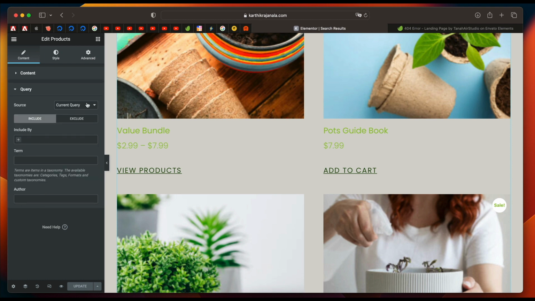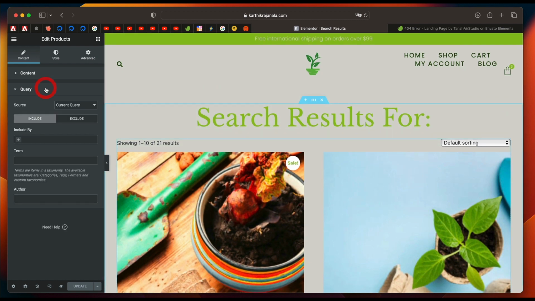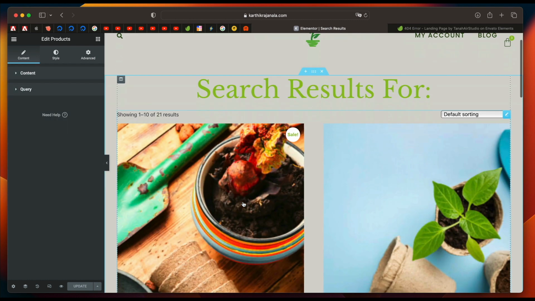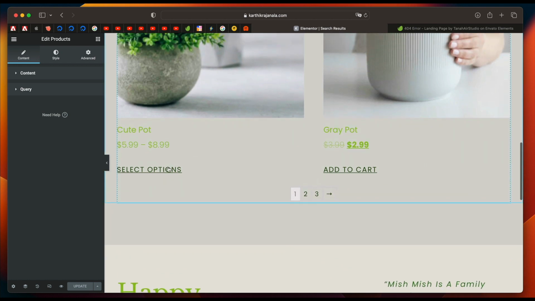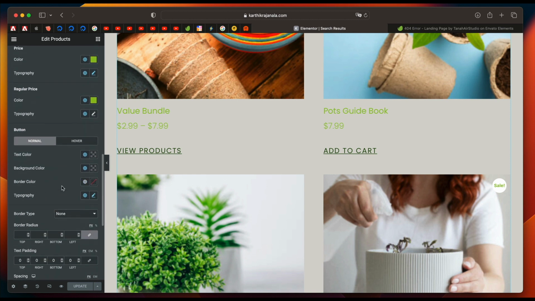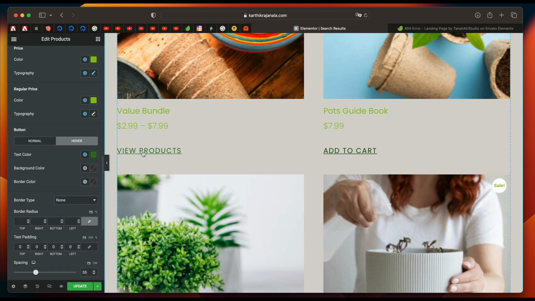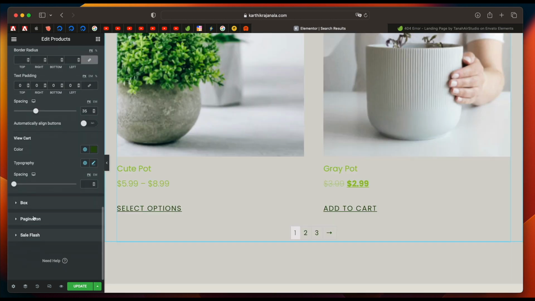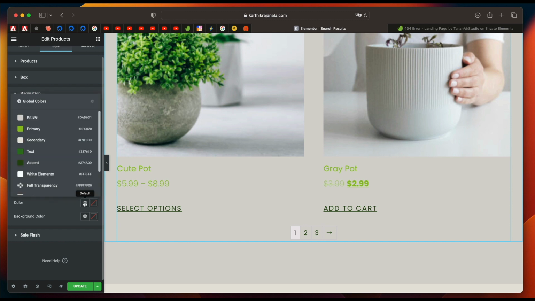you can see there's a query called current query, which effectively makes it a search results page, right? Now, if you don't understand it, just leave it as is and just look at the different options where you can change. Click on style and change any of the options if you want, right? You can change the hover color for the button, maybe give it a darker version of the green, something like that. Also for the pagination, click on pagination and under hover color just give it,